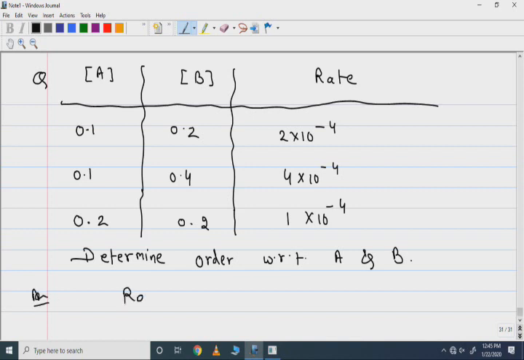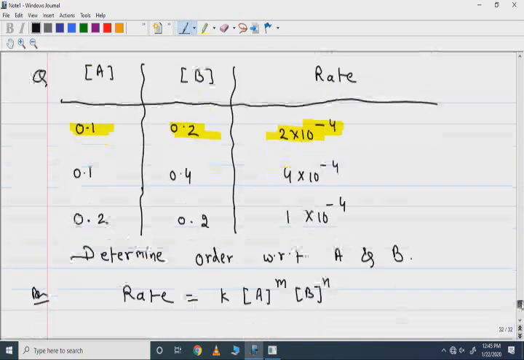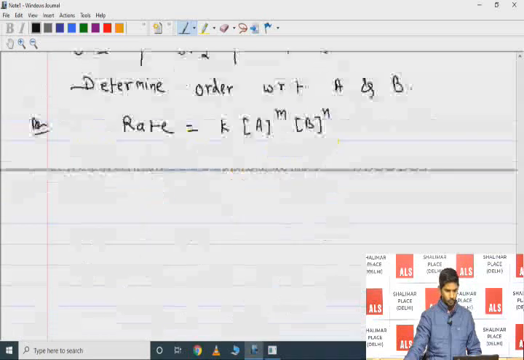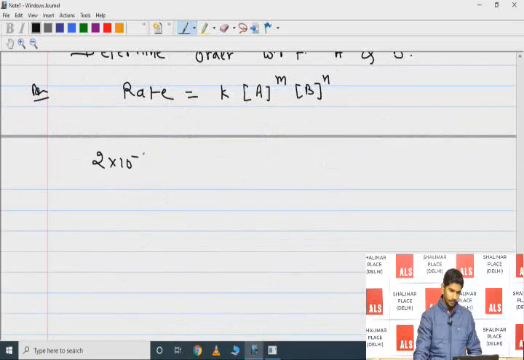See, I can say rate can be written as rate constant, concentration of A, these are reactants actually, having power m, and B having power n. Okay. Now look at this. For this one I can frame one equation. I don't know what the order is, but I can say one thing, that the value of rate was 2 into 10 to the power minus 4, is equals to k, concentration of A was